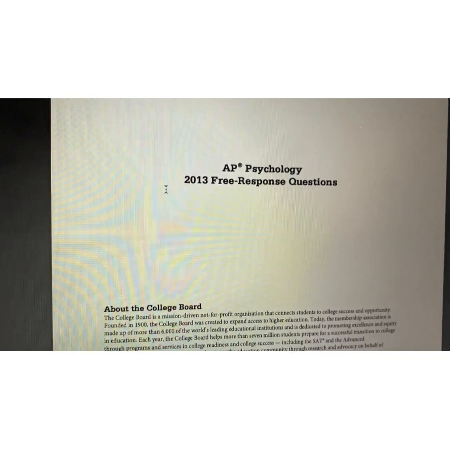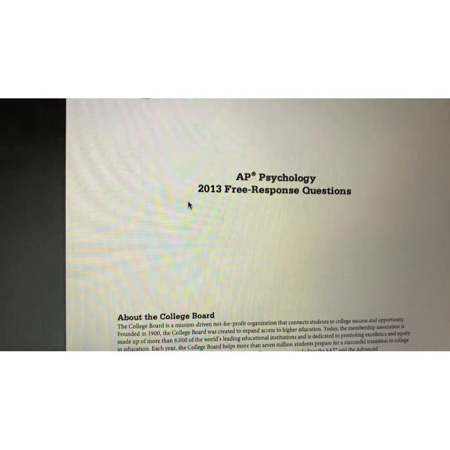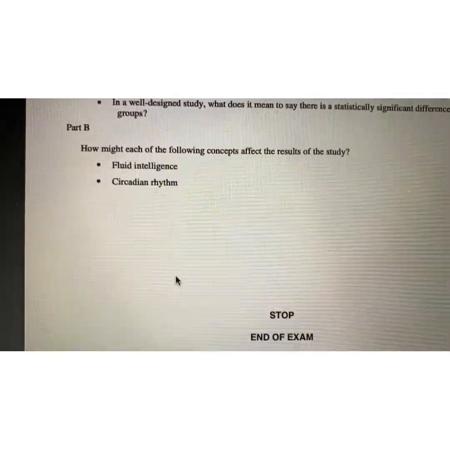And now I'm going to talk about the FRQ in the AP exam about circadian rhythm. So here's the free response question in the AP Psychology exam of 2013. This one is actually the question for part B: How might each of the following concepts affect the result of the study? So our focus is this one,